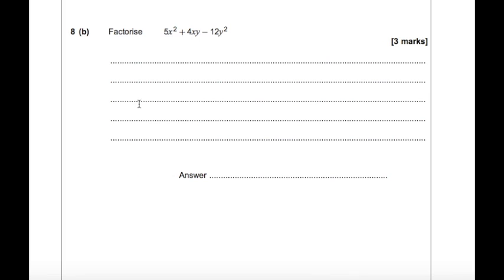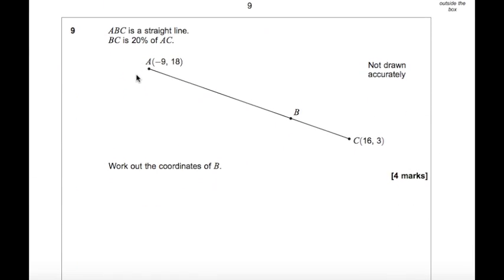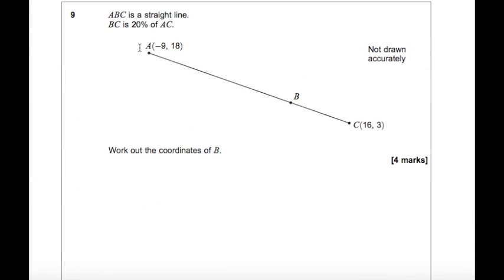Right. So question 9 is one of these coordinate geometry, the ratio-y type questions. So ABC is a straight line, so A is minus 9, 18, C is 16, 3. BC is 20% of AC. So in other words, going from B to C is a fifth of the whole length, and they want us to work out the coordinates of B. So if you think what's going on, to get from A to C,